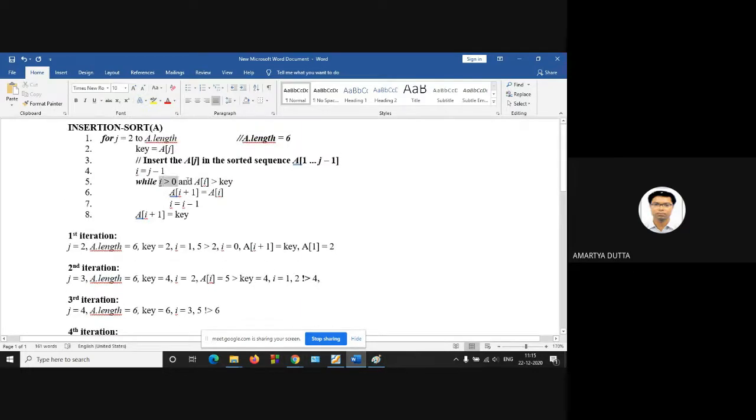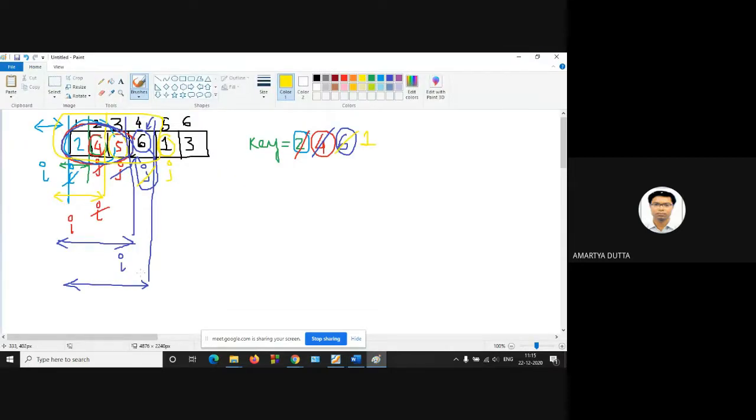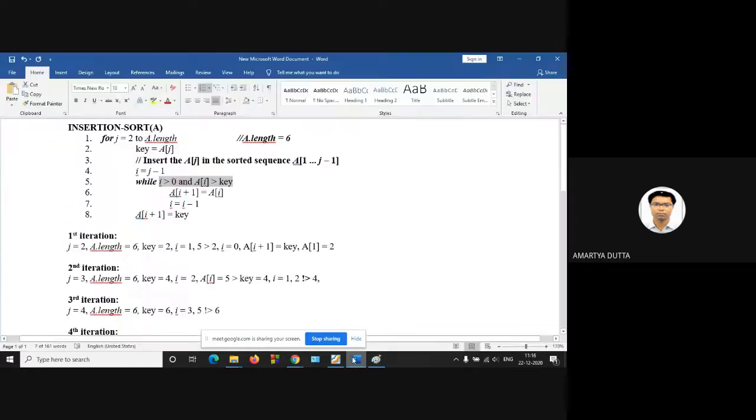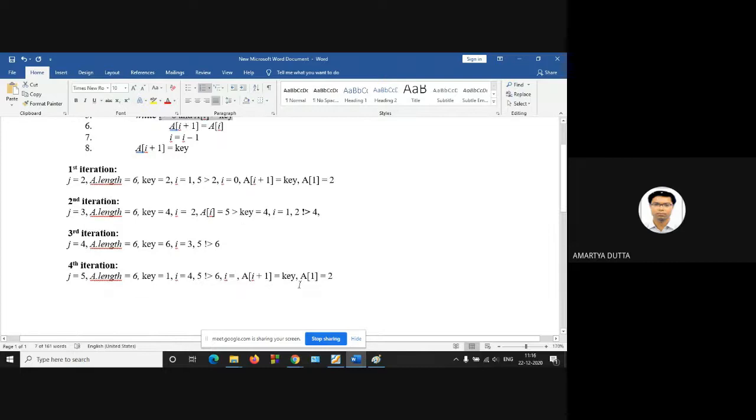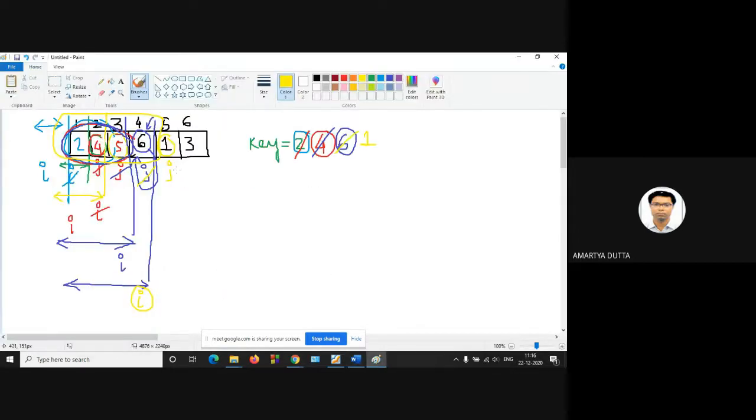Now, while I is greater than 0 and A of I is greater than key. So this is your I value. Is A of I greater than key? Yes, 6 is greater than 1.